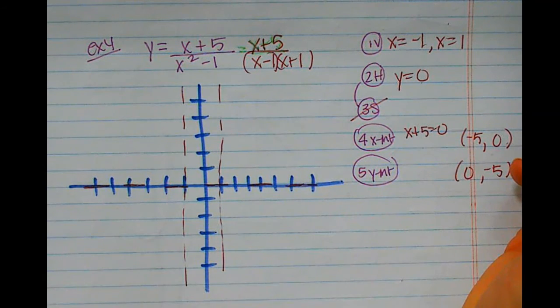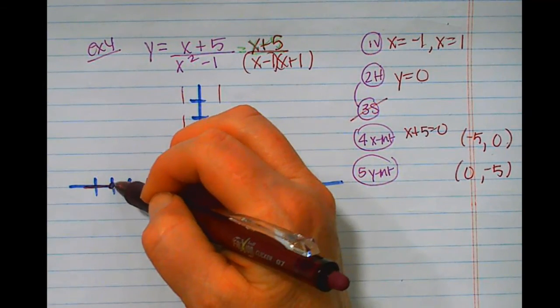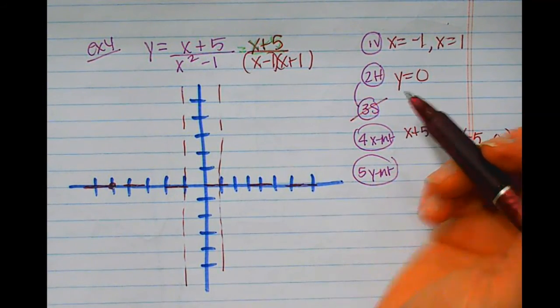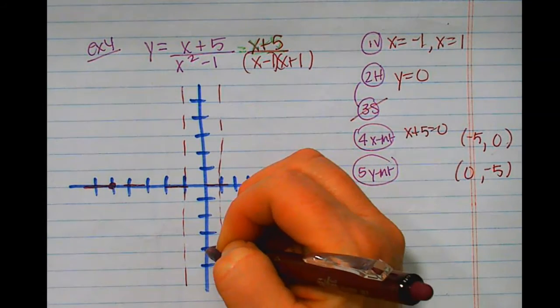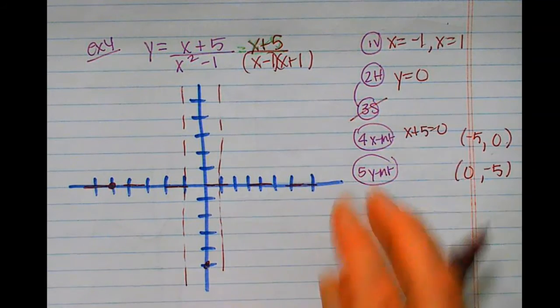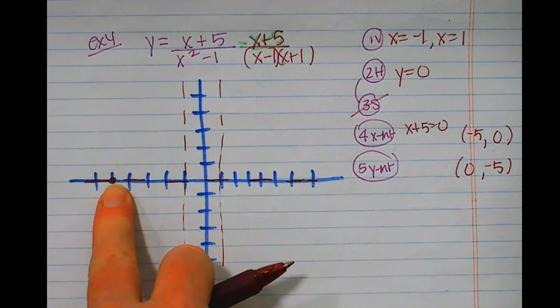I have -5, 0, 1, 2, 3, 4, 5. It actually crosses there. That's surprising, but that's okay. And then I have 0, -5, 1, 2, 3, 4, 5. So because this is on the asymptote, which is okay because I'm allowed to cross a horizontal asymptote here, let's